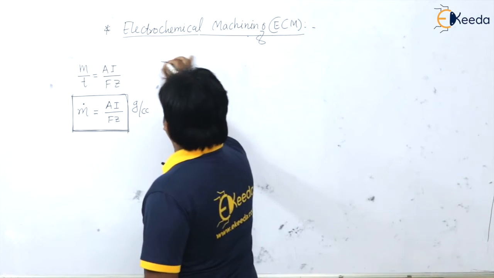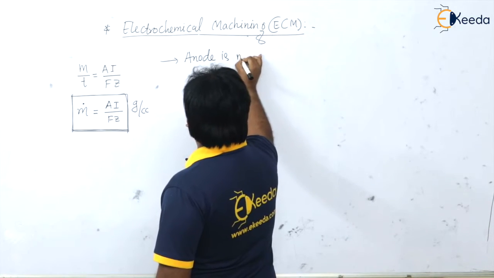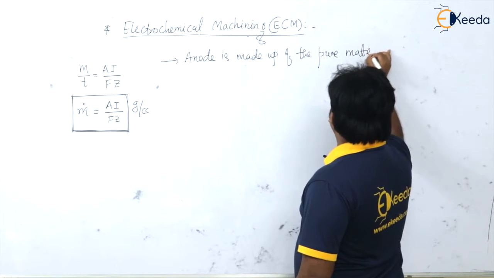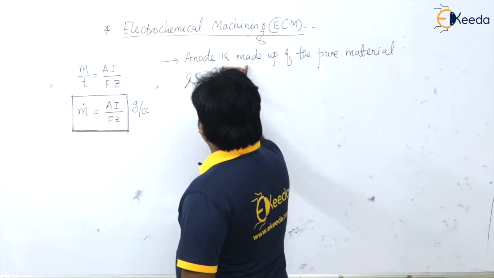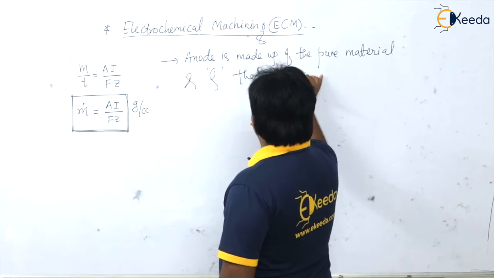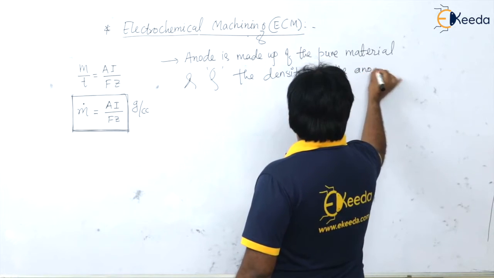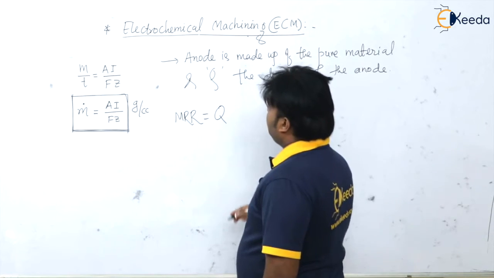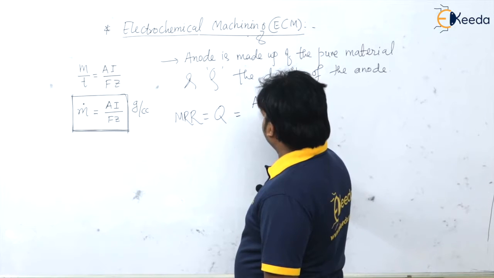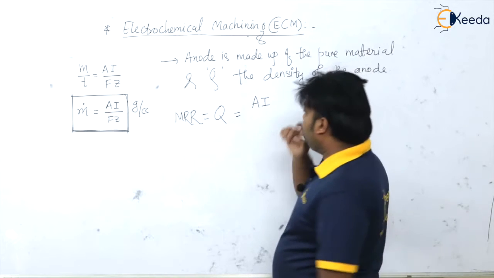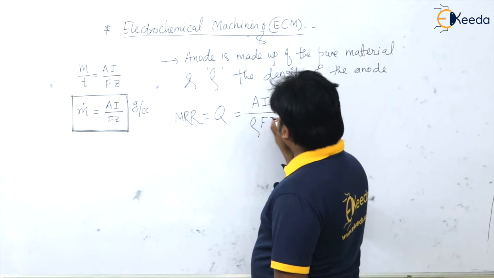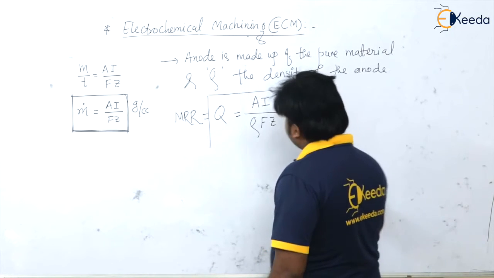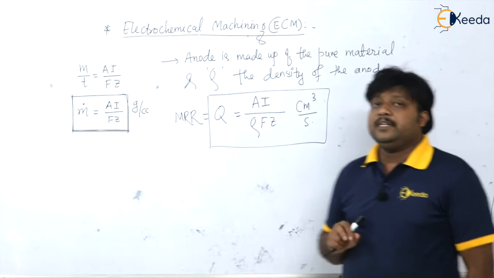Okay, now let us see that suppose our anode is made up of the pure material and rho is the density of the anode material. Then what will be the material removal rate, that is represented by Q? This will be A I, that is mass, divided by density, you will get the volume, isn't it? This A I divided by rho F z in centimeter cube per second. So this is your material removal rate in the electrochemical machining,